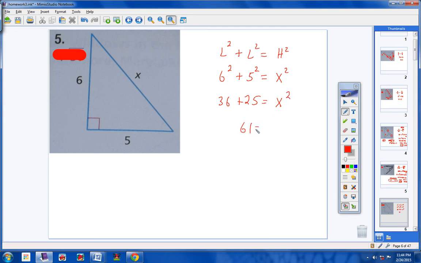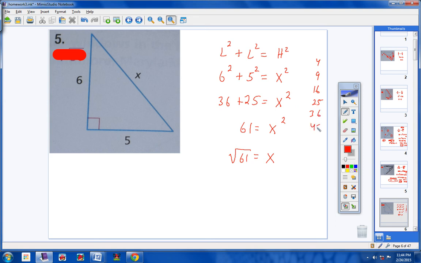36 plus 25 equals x squared. 61 equals x squared. Now take the square root of both sides. Square root of 61 equals x. Now students, remember your perfect squares. You must learn to simplify radicals. I expect you to do that. You must learn to simplify radicals if they can be simplified, okay? Now if you think of your perfect squares, 2 times 2, 3 times 3, 4 times 4, 5 times 5, 6 times 6,